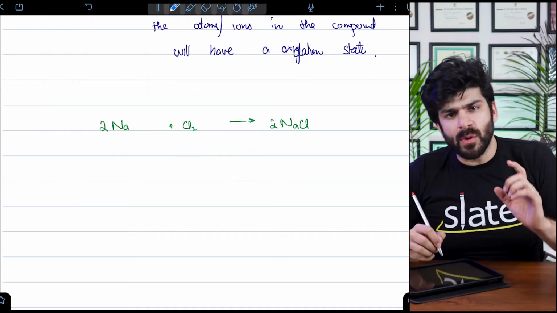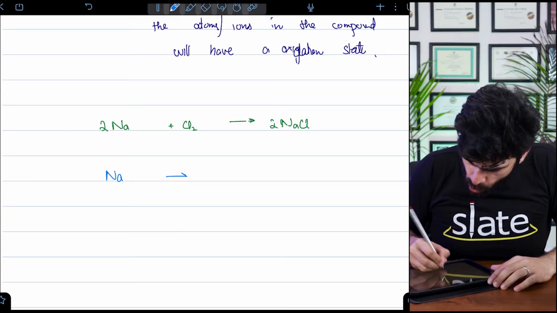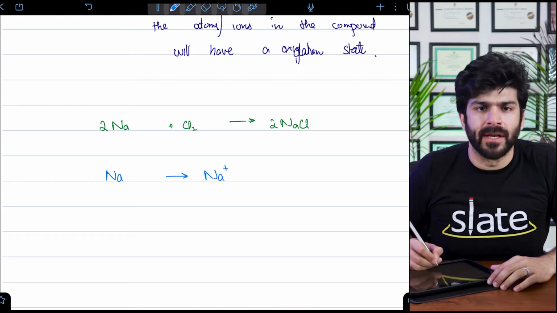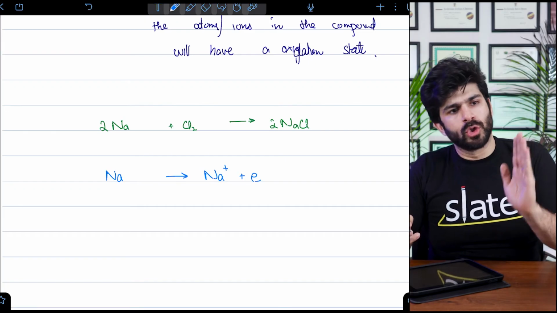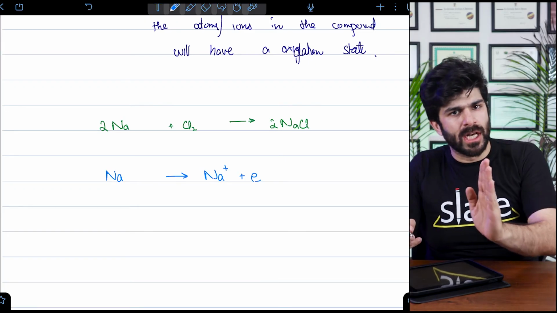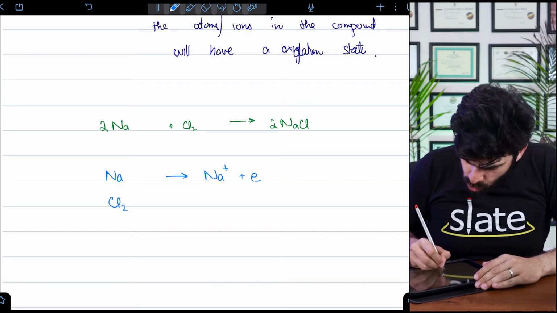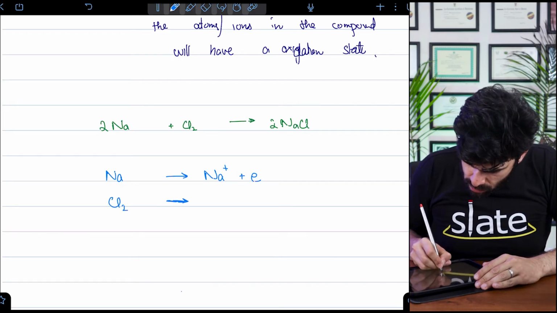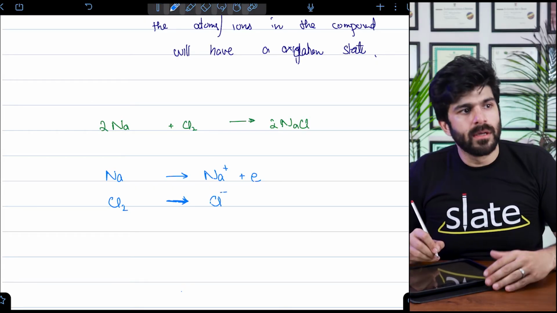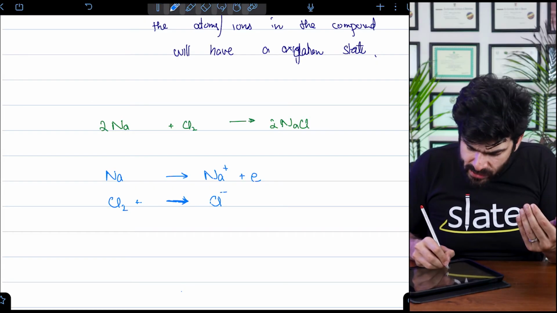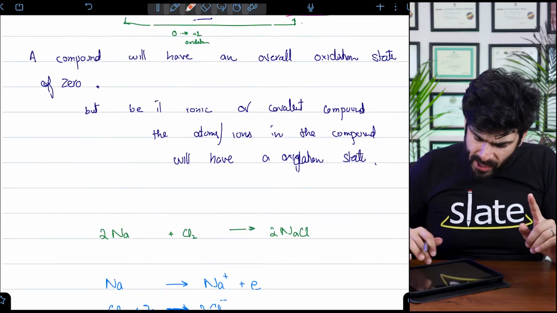But if I make half equations out of it, we know sodium, when it becomes sodium ion, is going to lose an electron. Likewise, Cl2, when it becomes chloride ion, will gain 2 electrons. So as for reduction and oxidation,